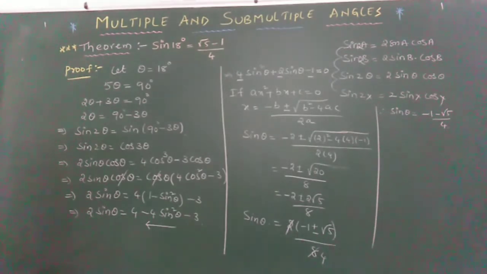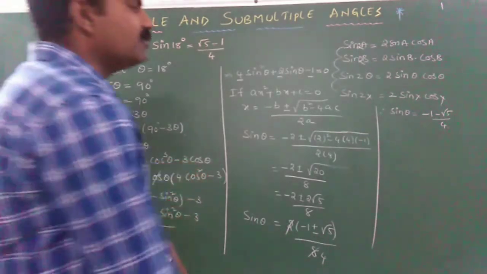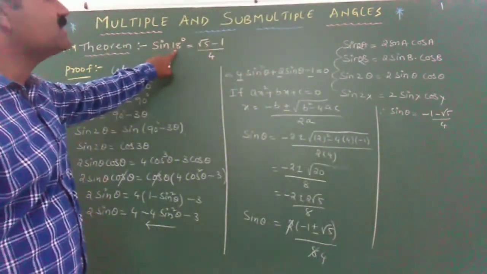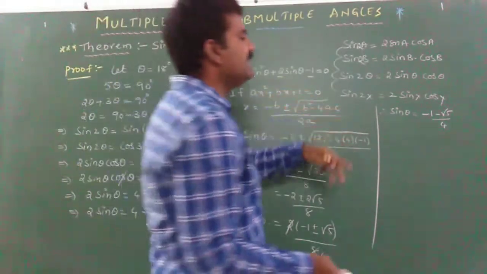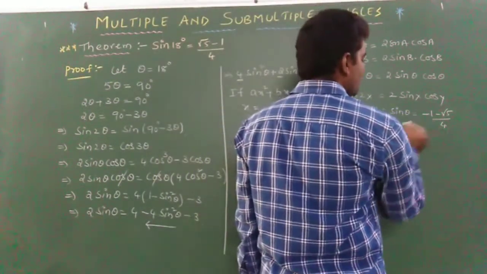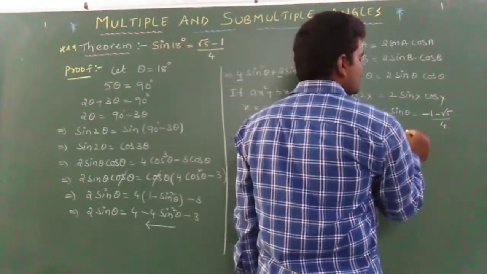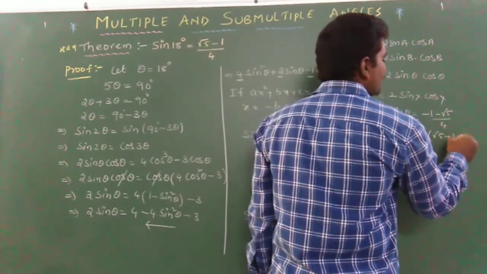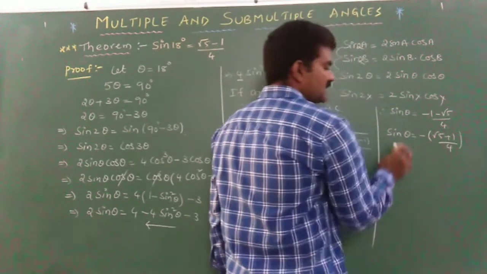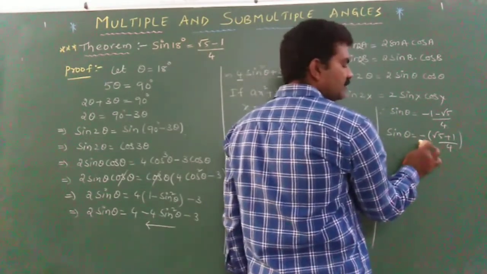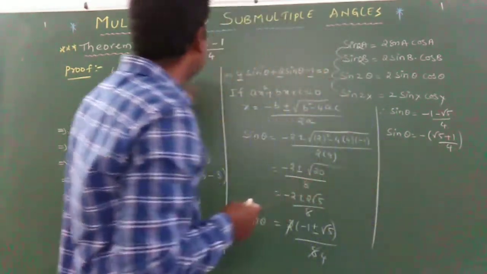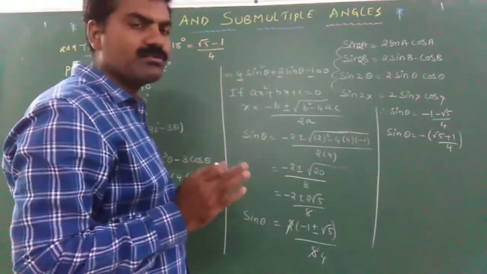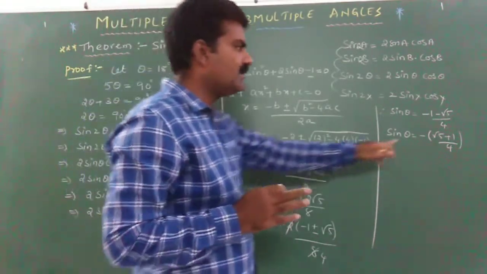But to be frank, anyhow this is negative, no? It is purely negative. But 18 degrees is nothing but positive. So sine can never be negative here. See actually what we get here, sin theta is equals to minus, if you take the minus common, then this is root 5 plus 1 whole divided by 4. See, sin theta is finally negative. But theta is how much? Theta is nothing but 18 degrees, which is in the first quadrant. So in the first quadrant all are positive but not negative.